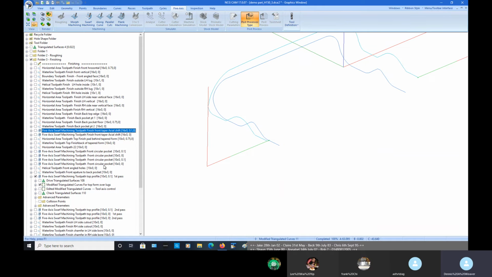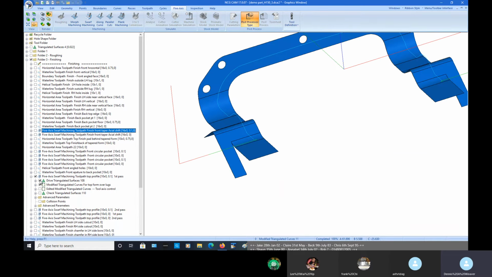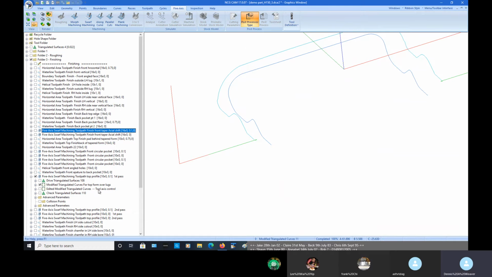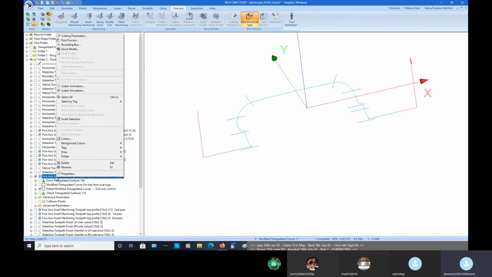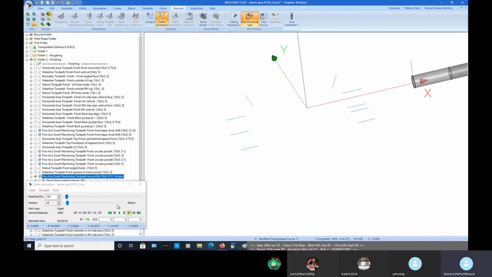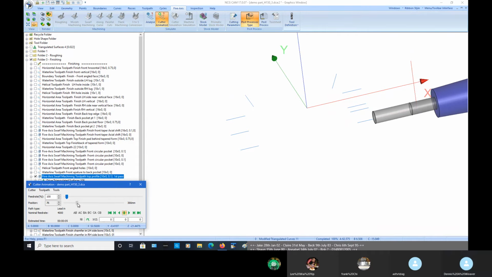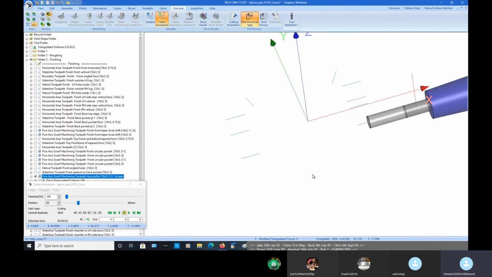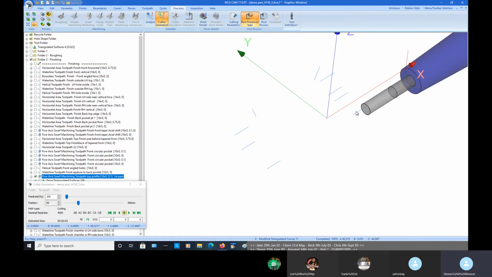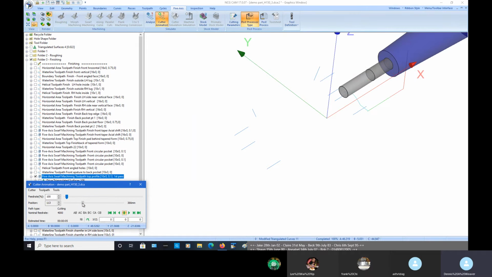What the second set of curves does is you'll notice that the first set should follow the end of the drive surface data. And the second set of curves actually controls the tool axis. So if I animate this toolpath for you, keep it fairly slow. So when we start cutting, you'll see that the tool axis is in line with this curve here. And then gradually, as we move around the part,